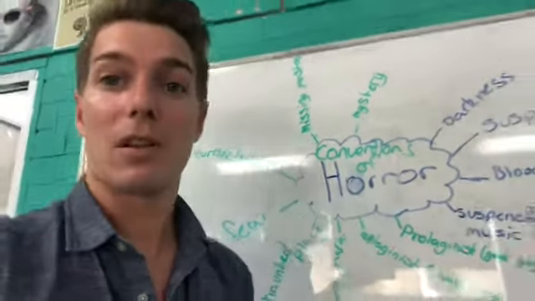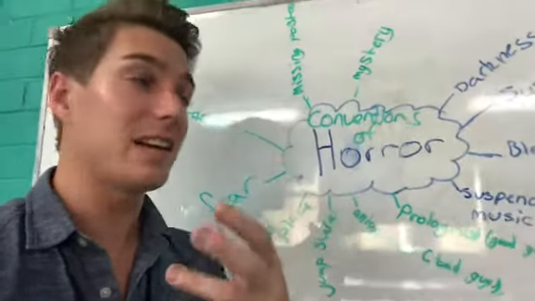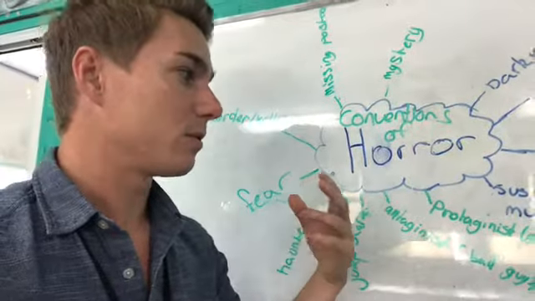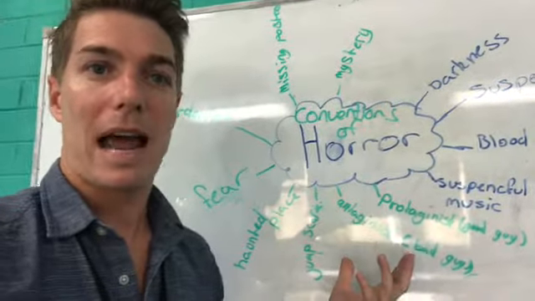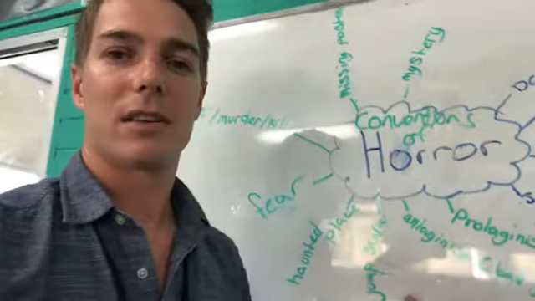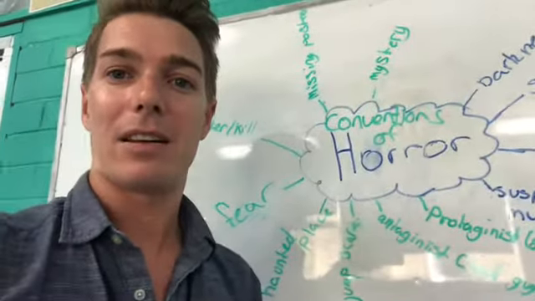Now, we've looked a lot at techniques, and so the techniques are what are going to show you how they're going to build these conventions. For that, they need techniques. So we're going to have a look at one scene here from Coraline. Just a couple of seconds. It's just loaded with techniques that you guys can use.